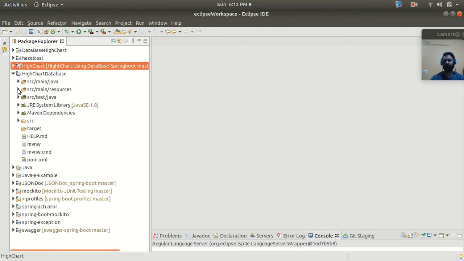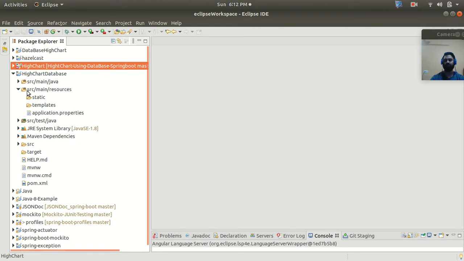Here I am going to do the CRUD operations. It means that first I'm going to take the employee age and the name, and then I'm going to create the bar chart as per the age and the name of the employee. First of all I'm going to add this employee to my MySQL database, and then I'm going to take all the data from the MySQL database, and then generate a dynamic chart for that.